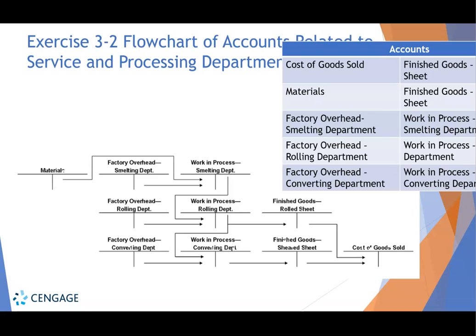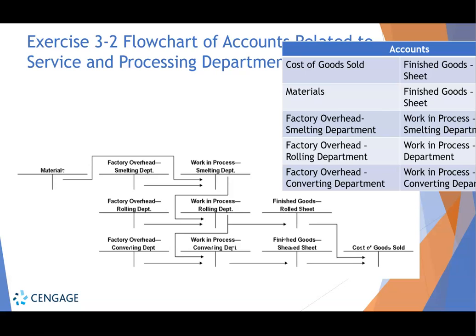Also, factory overhead gets applied to the smelting department. Once that process is completed, the work in process smelting department is credited, and the whole amount then goes into the WIP for the rolling department. Factory overhead for the rolling department is applied. Once that process is completed,